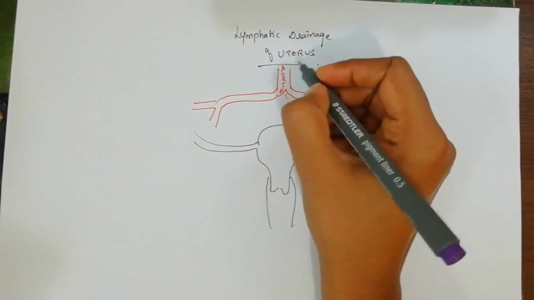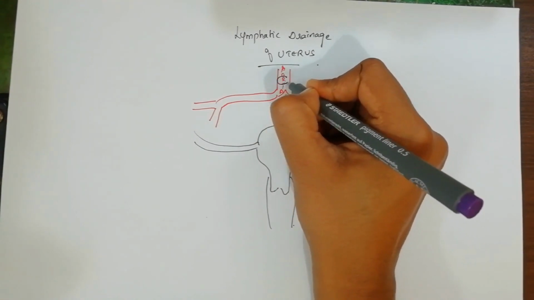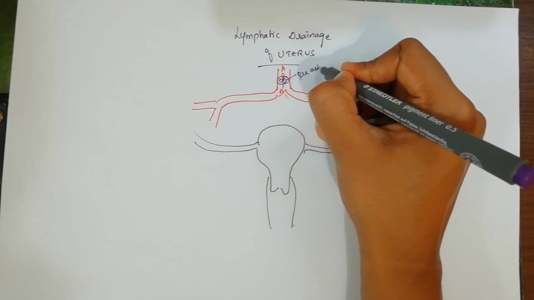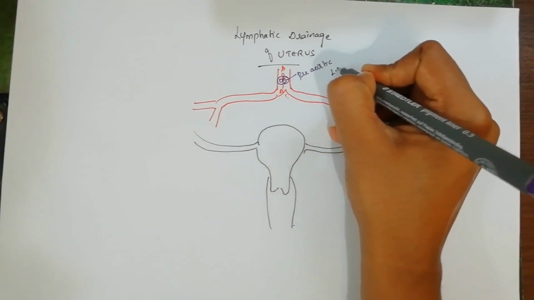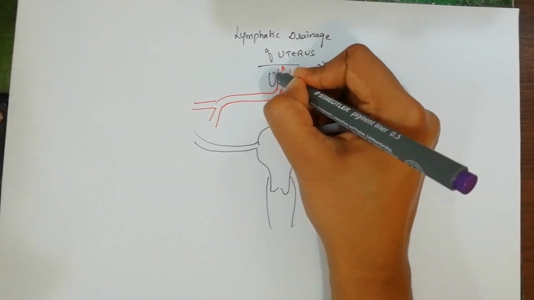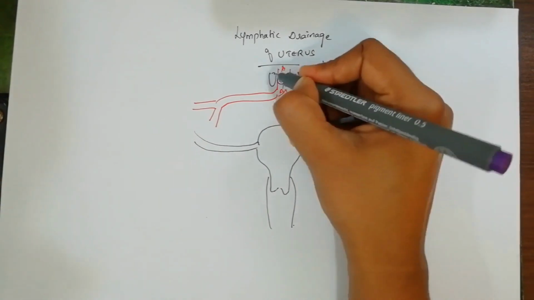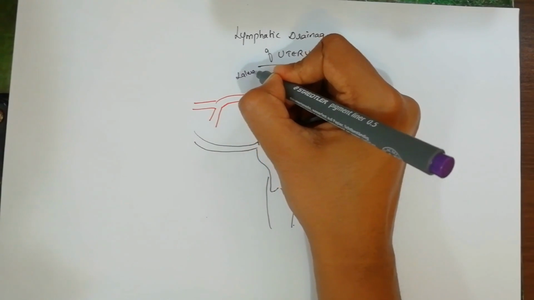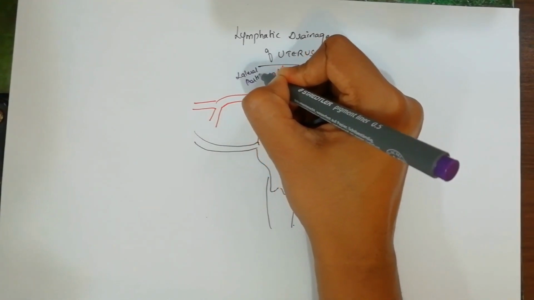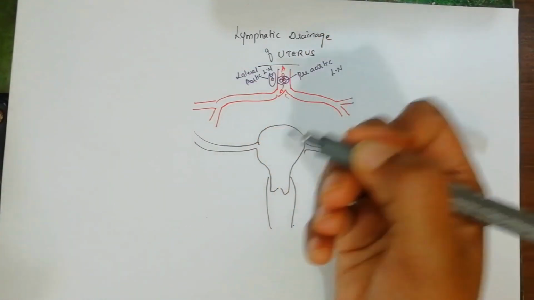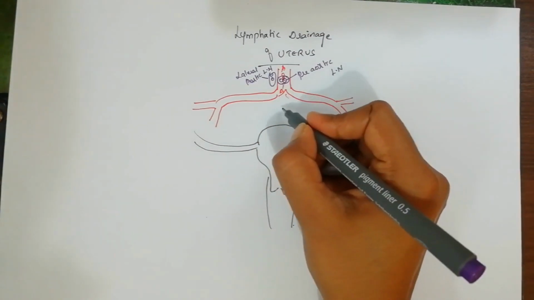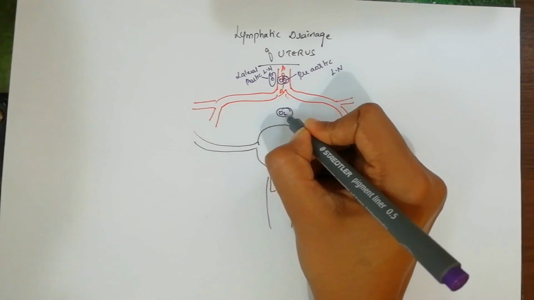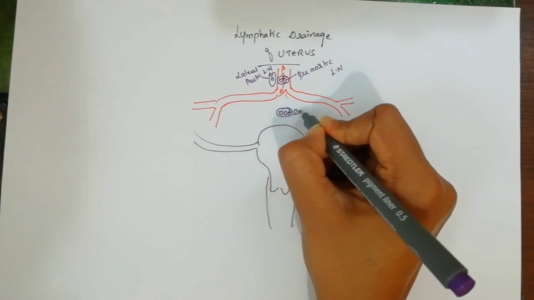We have got pre-aortic lymph nodes, and on the sides we have got lateral aortic lymph nodes, and then somewhere behind the artery we have got the sacrum, so we can show it as sacral lymph nodes,